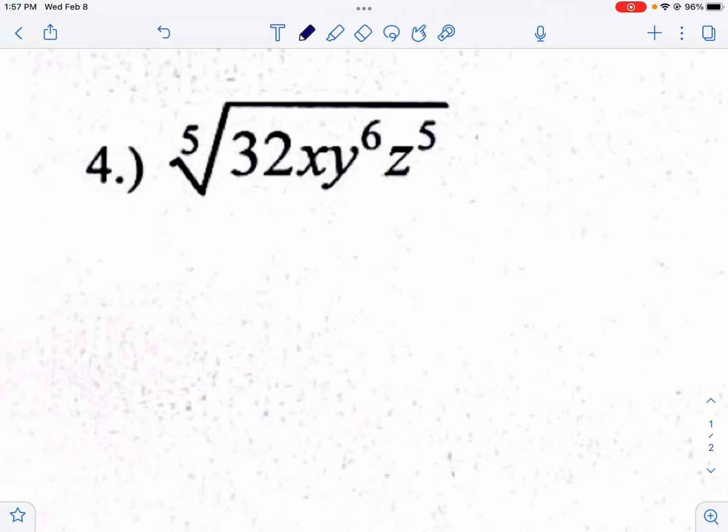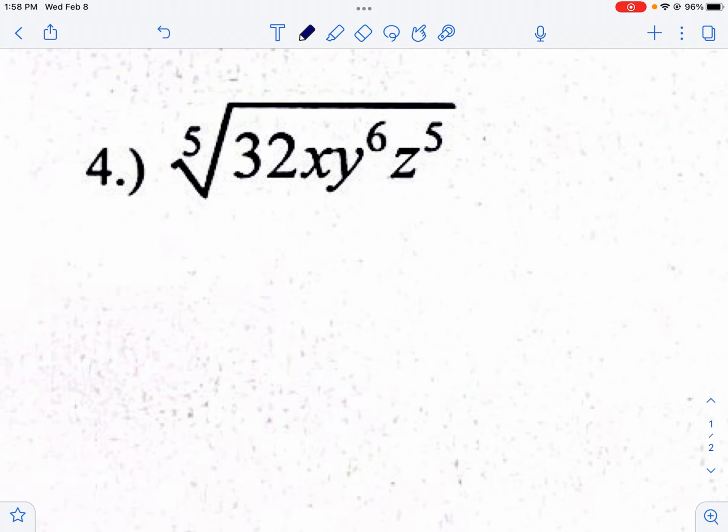But just to kind of break this down and just to show you what exactly you're supposed to do here, with number 4, whenever you have a root where you have variables, so notice here you have variables, you can do the 5th root of each of these separately. So in this first part here, I can do just the 5th root of 32 first. I can do it all separately. So the 5th root of 32 is a whole number. You can just put the 5th root of 32 in your calculator, and you'll see that that is, in fact,